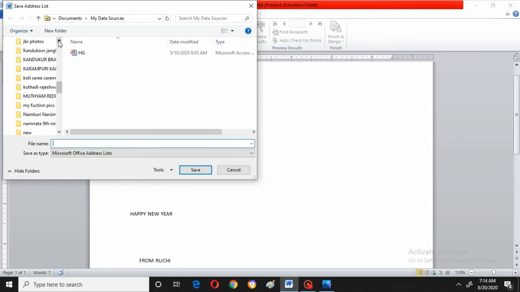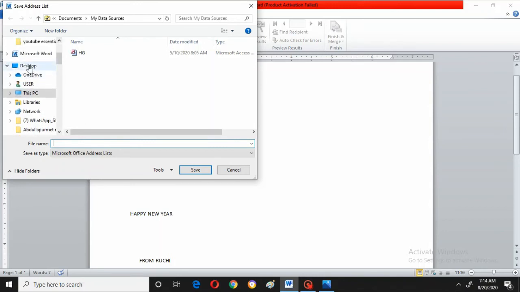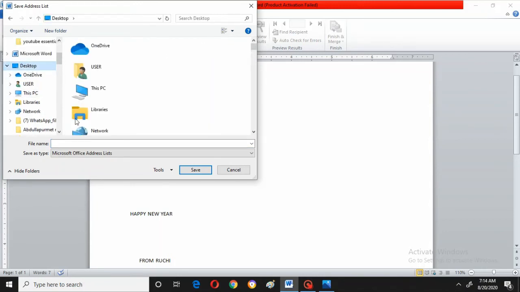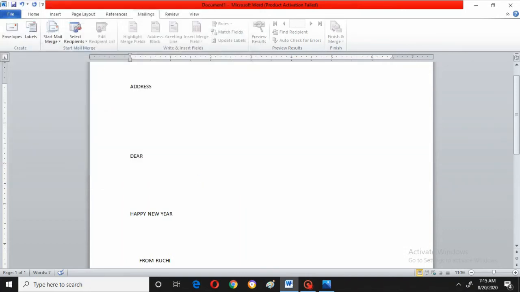I always save everything on my desktop only, so that it will be easy for me to check it out. Now I will give some name, 1. Okay, save. Right, now you are not saving this document, you are saving the data document. Just now what we have done, that data is saved.